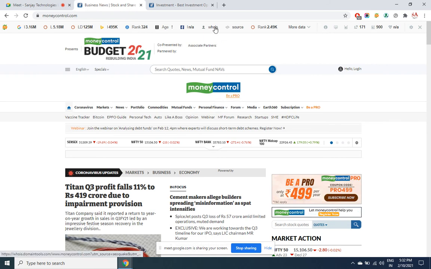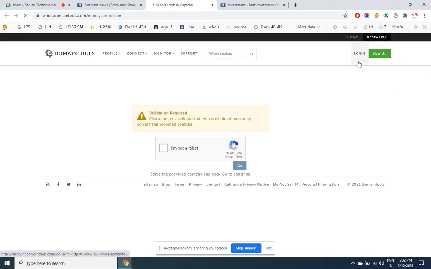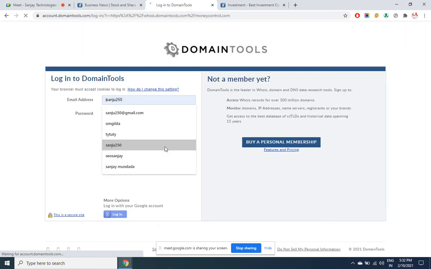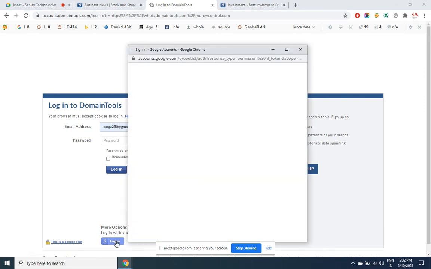Then we have whois, which will tell you the domain owner details. When you click on this, you've got to create an account here. Let us see for my own domain.